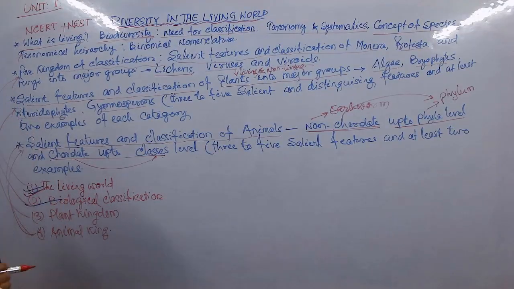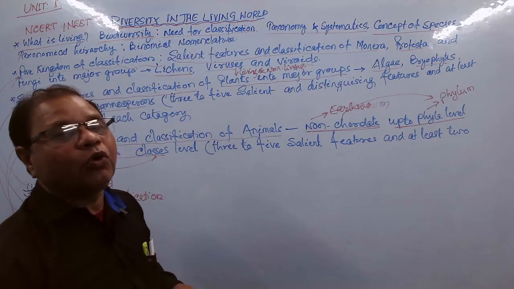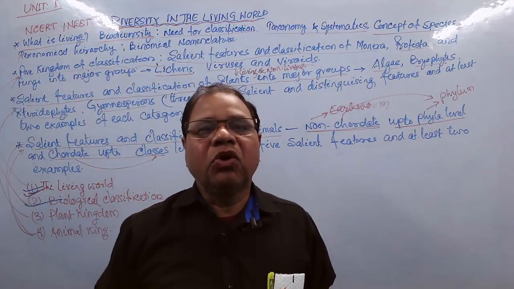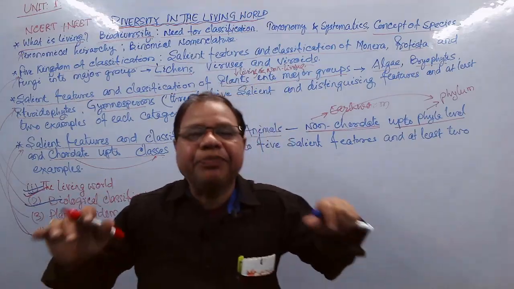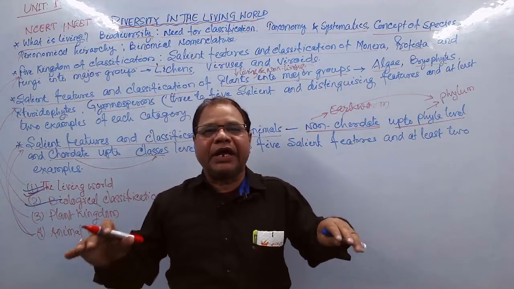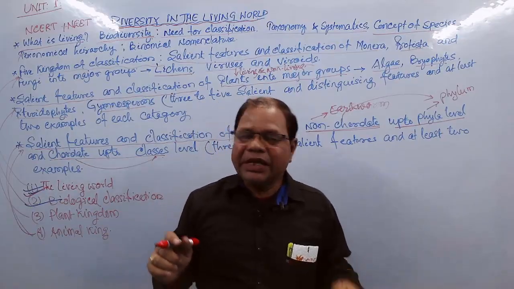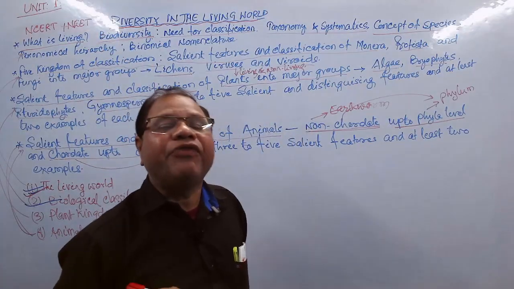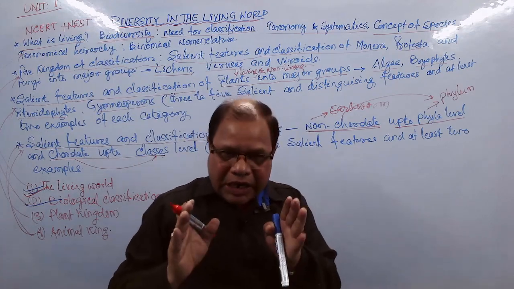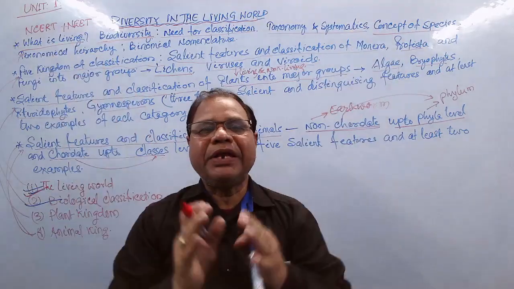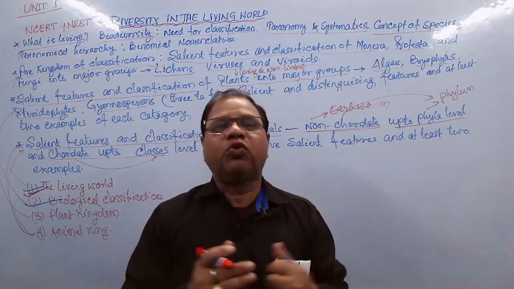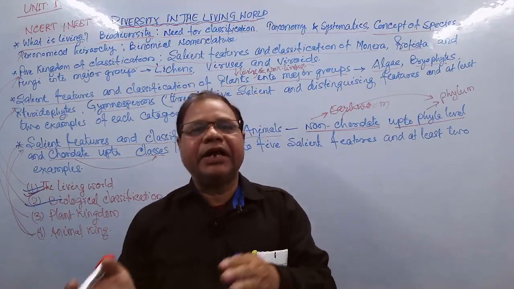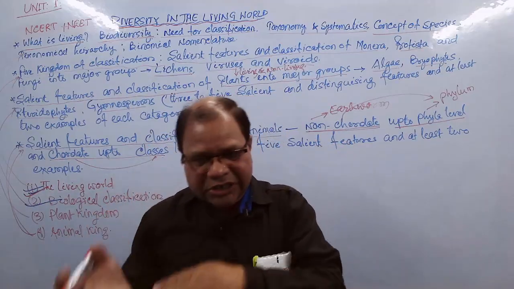What is living? First topic is coming here. What is living? Living means those organisms who have life. They can give the movement and postures of here and there, left and right. That is called living organisms. Living organisms have differentiation. Plants have also life. Animals have also life. Plants respire, animals respire. All the plants reproduce, animals reproduce.